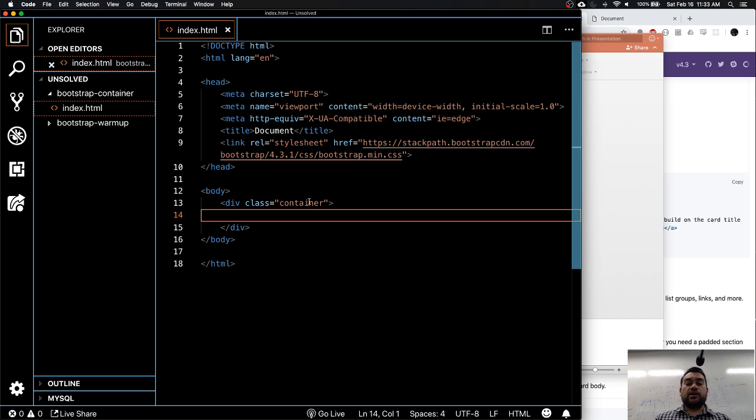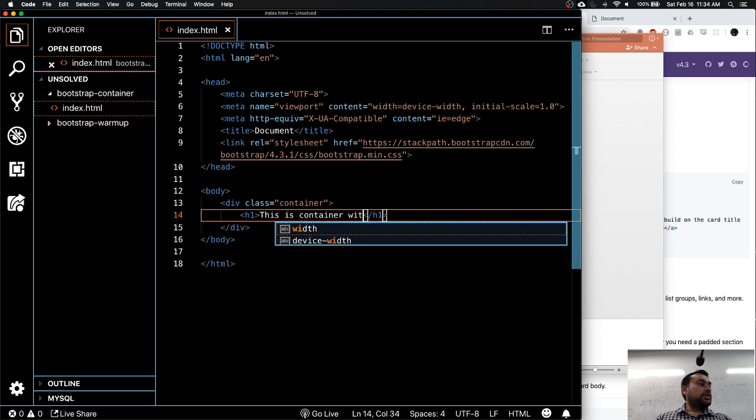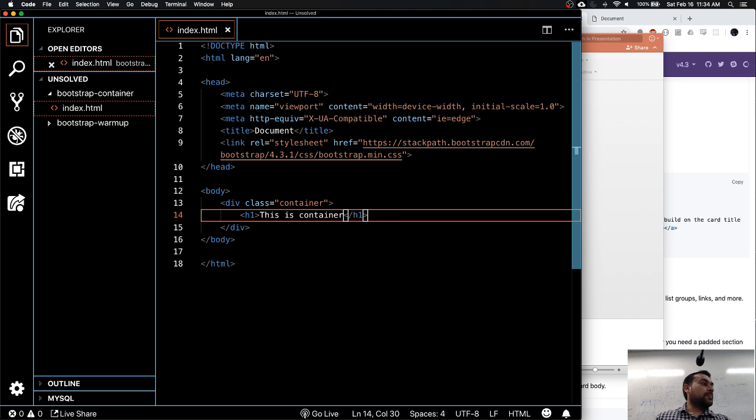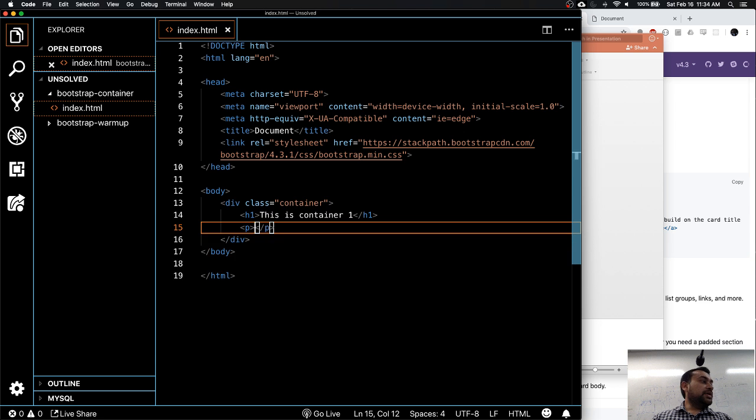Create a class container, and then my container can have some content. Let's put an h1, this is container 1. I'm going to put a p tag here. This part is inside the container.